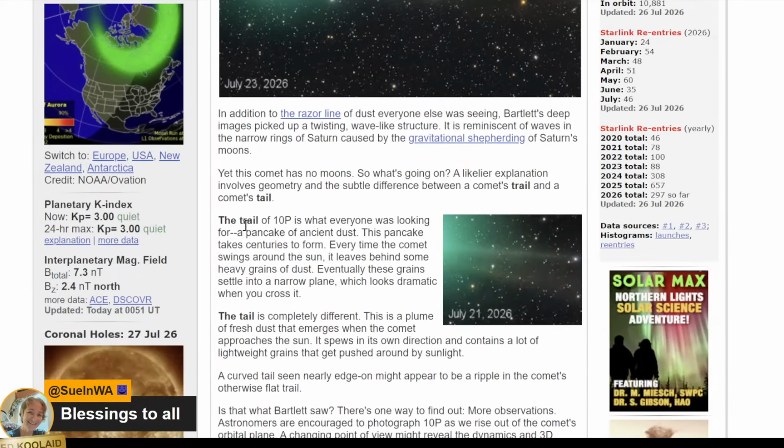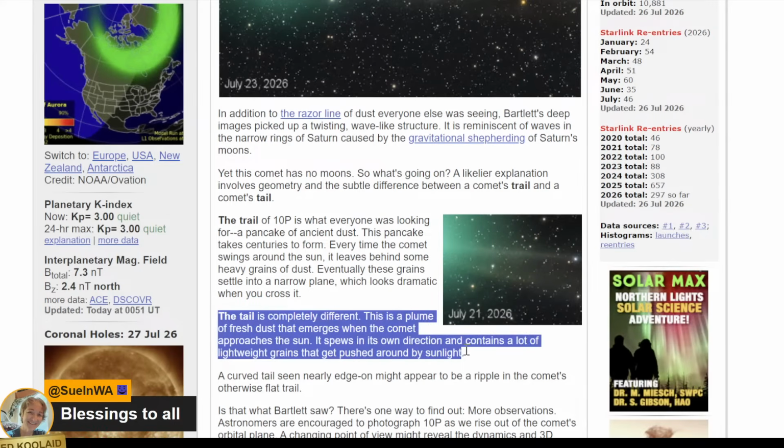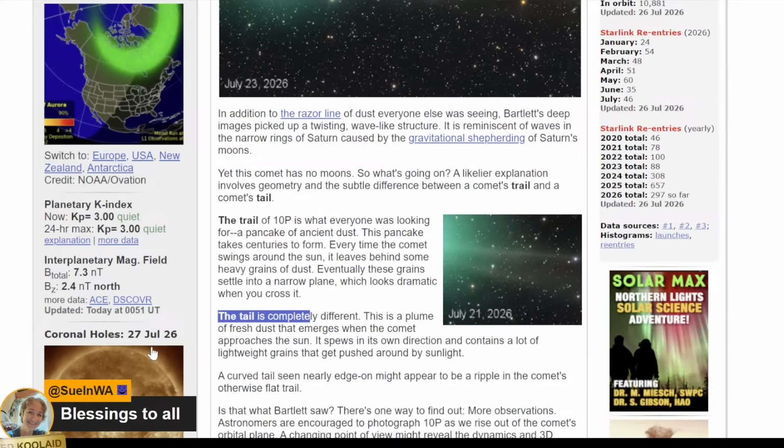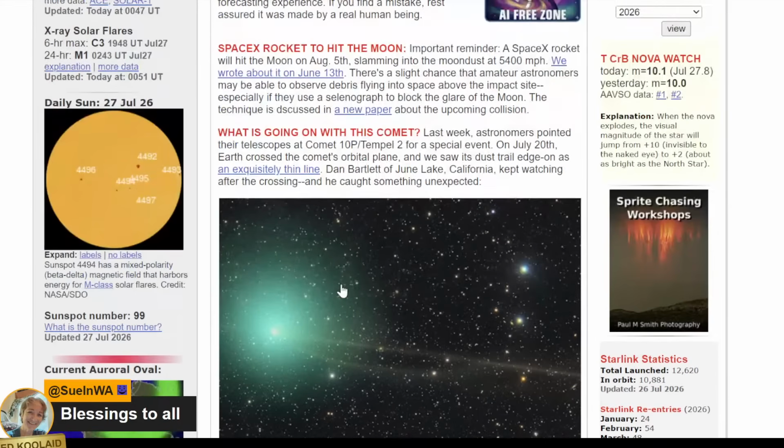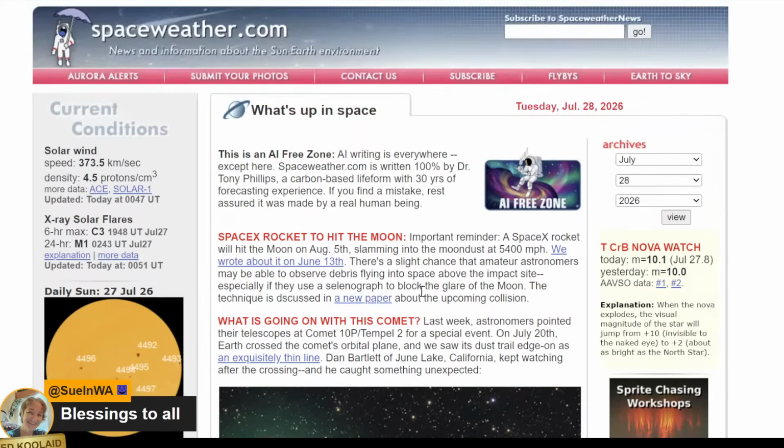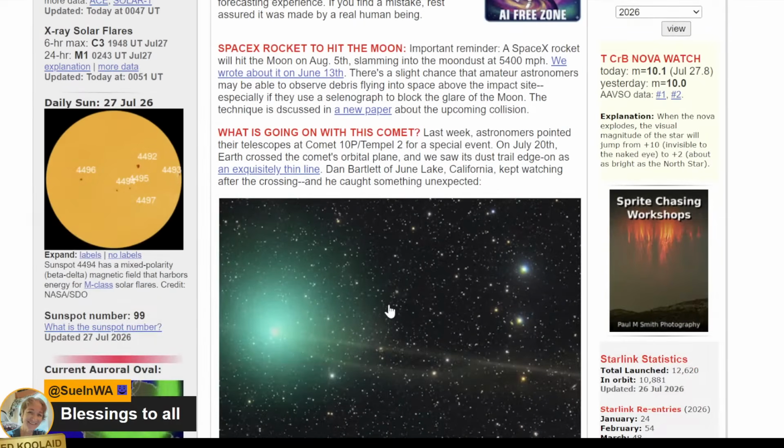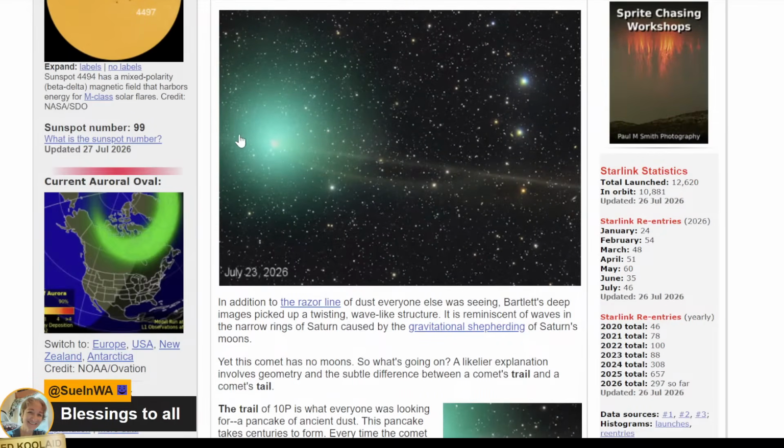Let's see here. So the trail, because I did read this already 3 times. The tail is completely different. It's a plume of fresh dust. I think we all kind of assume that, right? But he's just explaining here that it emerges when the comet gets close to the sun. And the tail should always be pointing away from the sun. Now, we do get what we call anti-tails sometimes, and I'm not going to go into what that is because we've talked about that here also. But as of right now, it's got a dust trail, which is a razor thin line. I mean, it's thin. Look at that. But then this